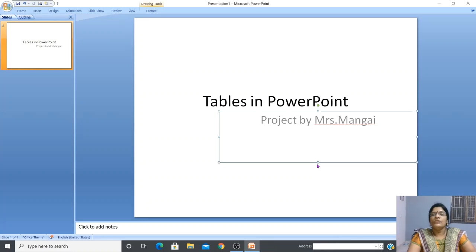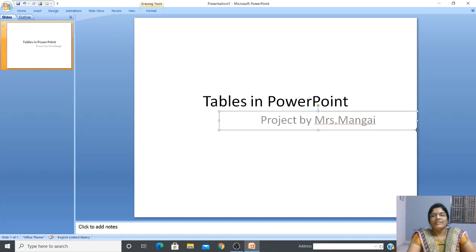Do you see? There is a square. Keep the cursor here. Now we can see the cursor has turned into a double-headed arrow. Click and drag it inside to make it smaller. If you drag it outside, it will become bigger. I'm just making it inside. It has become smaller. Okay.